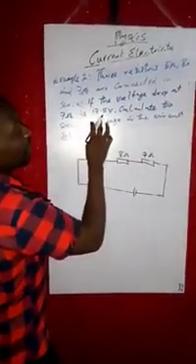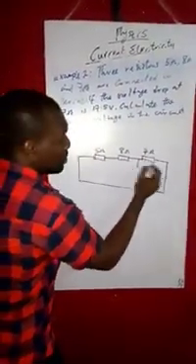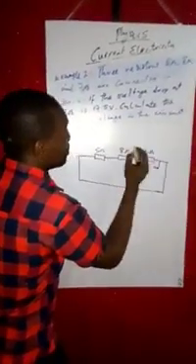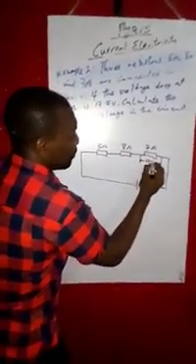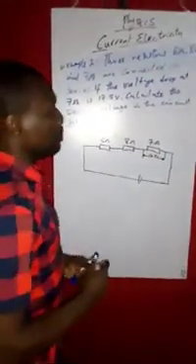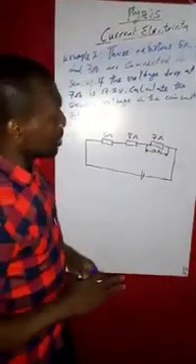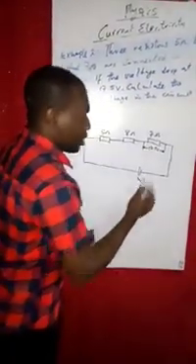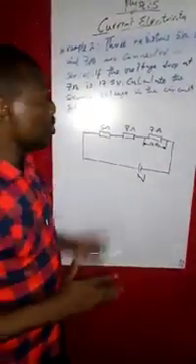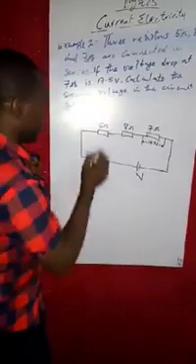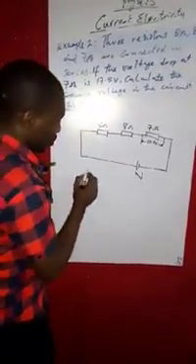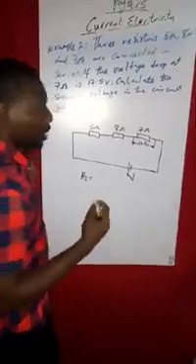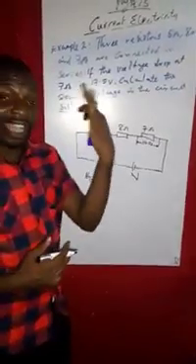And we are told that the voltage drop at 7 ohms, that means the voltage drop at this point, is 17.5 volts. You are asked to find your V. So from here, what do we have? Let's see. We have our R. Our total R, like in the previous example, would be